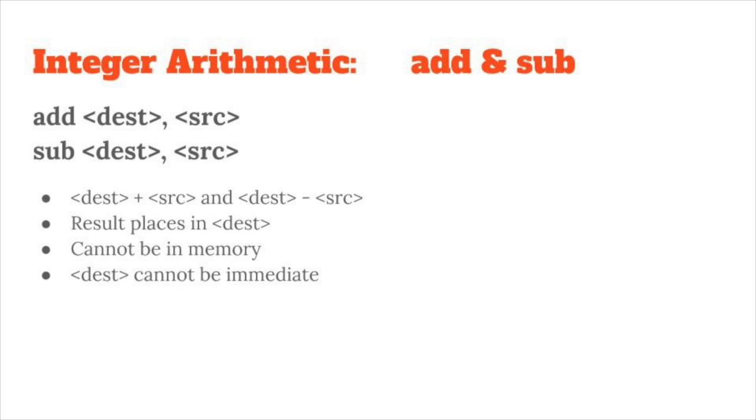I think you might be able to use at least one memory reference when you're using add, but they can't both be memory. That's just some details that you might not need for now. And the destination, the one on the left, cannot be an immediate value, which makes sense because an immediate value isn't really referring to a data location, so you can't add a number to something that doesn't really